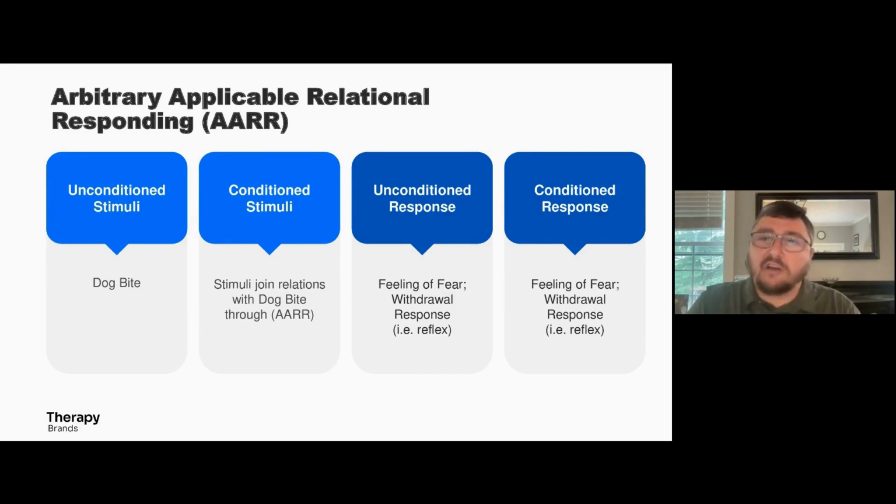So AARR explains patterns of fear responses that are formed without any observable contextual cues, right? In other words, how does a paperclip elicit the same response that an abusive father would? How? So when the function of a stimulus changes based on its relationship to other stimuli, the transformation of stimulus function has occurred. If the stimulus is a conditioned stimulus that elicits the fear response, then other stimuli in that network will also elicit the fear response. So again, an abusive father and a paperclip become a part of the same network, and are related.